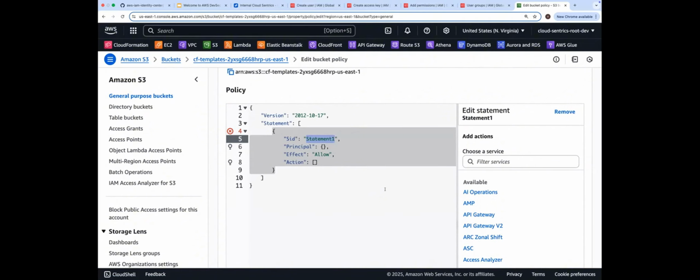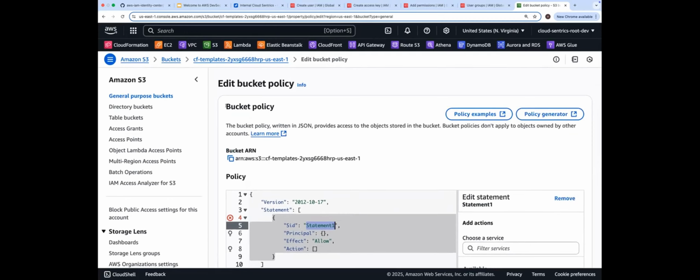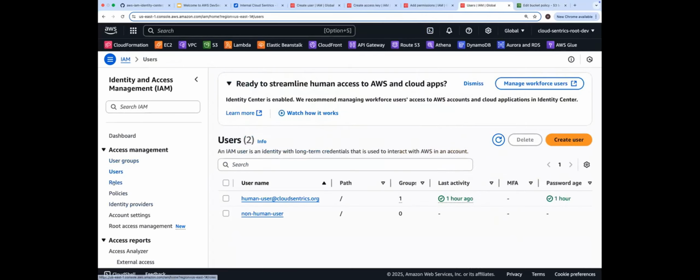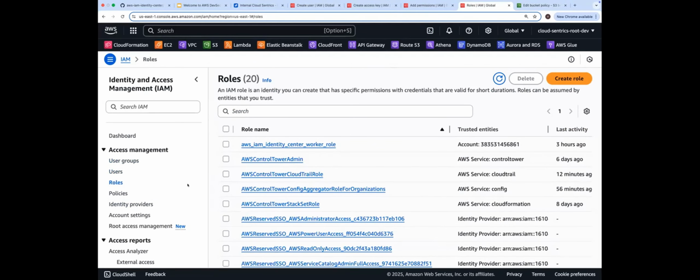Why? Because this policy is attached to a resource. And what's that resource? The resource is called S3. When you attach a policy to a resource, the policy is called a resource policy. When you attach a policy to an IAM group, to an IAM user, to an IAM role, the policy is called an IAM policy. The same policy, nothing is changed. They are written the same way, they are formatted the same way,